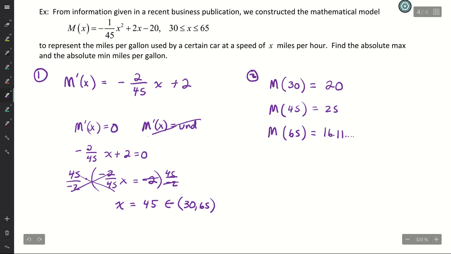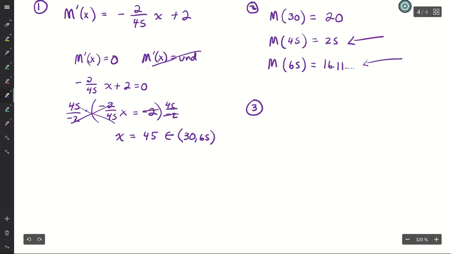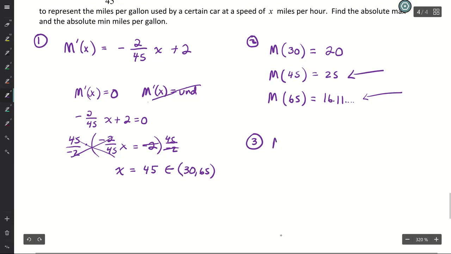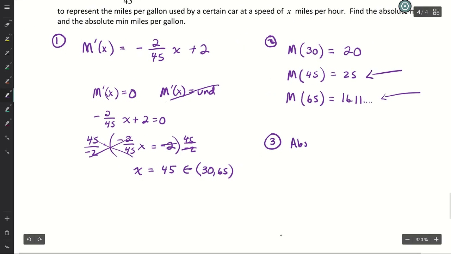So on that particular one, we can see that our high occurs when we're going 45 miles per hour, and it looks like our low occurs when we're going 65. All right, and then here on our last step, we need to state our final answer. We're going to have an absolute max of, and in this case, I'll state this in words as opposed to a y equals and an x equals. So we're going to say we have an absolute max of 25 miles per gallon